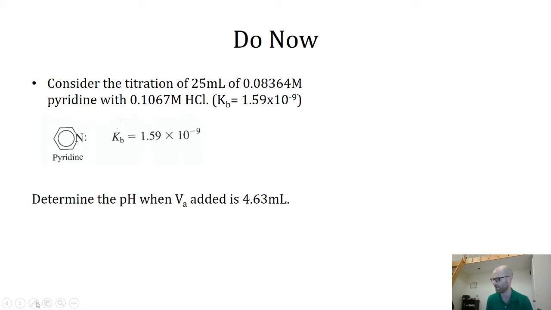But take a minute. You can hit the pause button. I'll count to some reasonable number. I'll get started. I'll pick you up along the way. To figure out the pH, I think the first thing that we need to do is figure out the equivalence volume. And in this case, that's going to be equal to